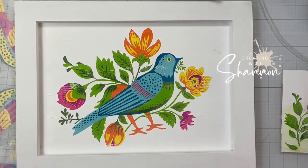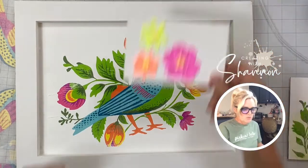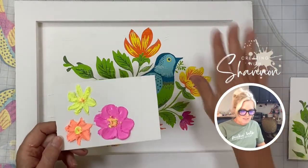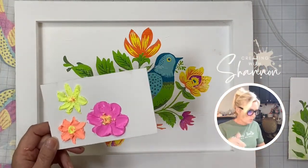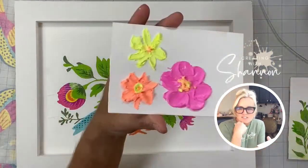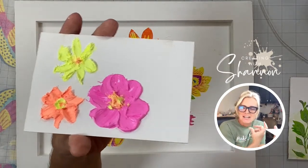Now we're going to have the second part of the fun. Let me get me back on here. So what we're going to do is we're going to make some 3D flowers. Whether we put it on here or maybe down here on top of another flower, we're just going to go for it. These are ones that I did. Like I said, these are not perfect. I don't know how to do these, but